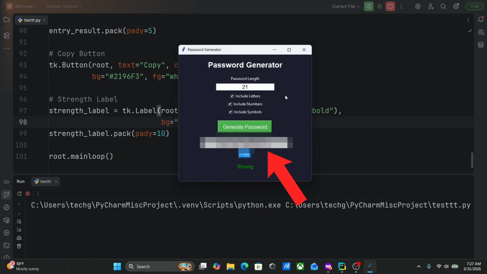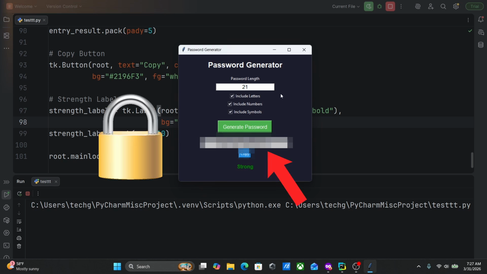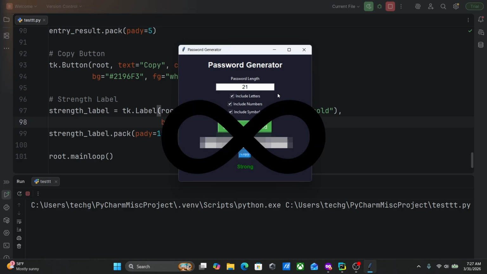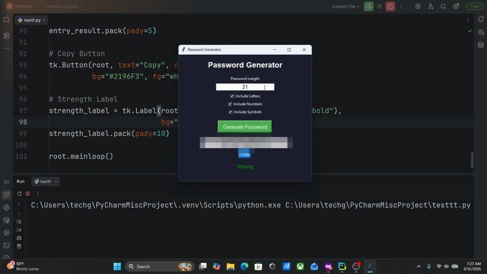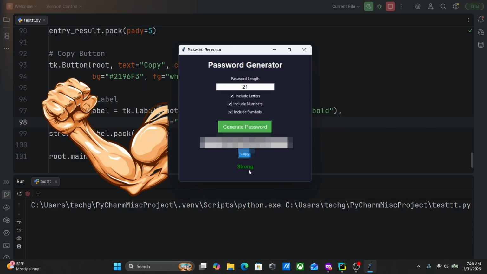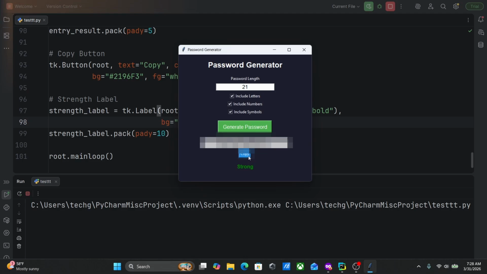I just created one of the strongest passwords possible using only Python. And the crazy part, this app can generate unlimited secure passwords in seconds. You can choose the password length, you could include letters, you could include numbers and symbols. And this app also tells you how strong your password is, and you could also copy your password if you